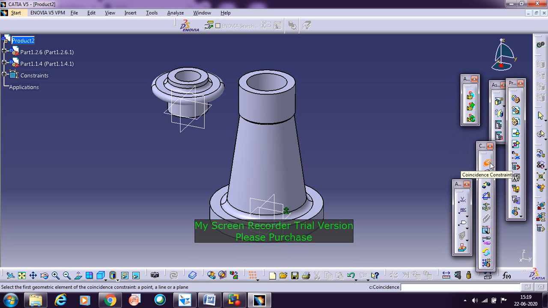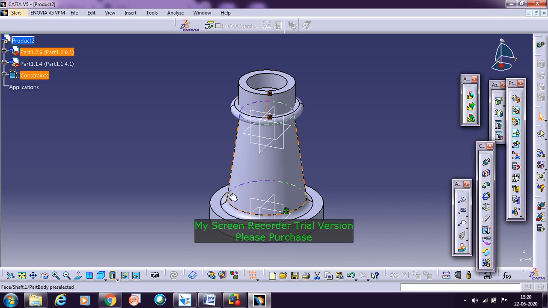Soon after selecting this coincident constraint, select the axis of this part and then select the axis of this part. Both the axes have been selected, and then click update. There is an update command, an icon here called update. When you click update, both the parts will be in line with each other with respect